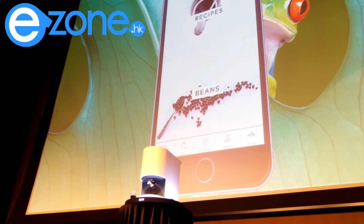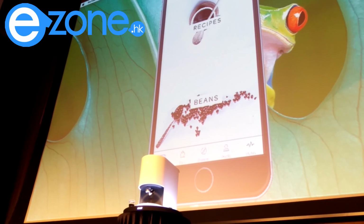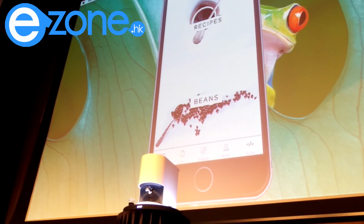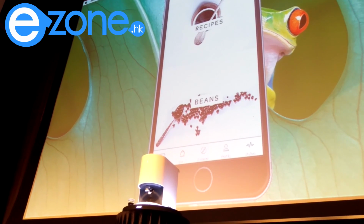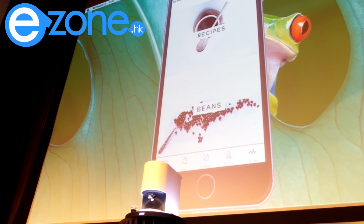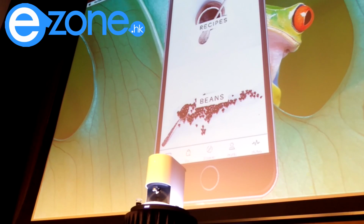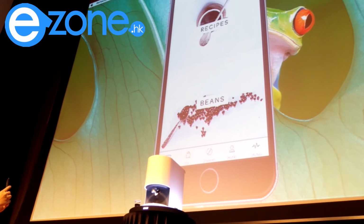The most exciting part of ours is not just convenience. I always like to make this analogy saying that it's like a local coffee shop, but instead, you've got all the world's coffees right in front of you, right in front of your app, so that you have access to them without even leaving your home. No matter who you are, with